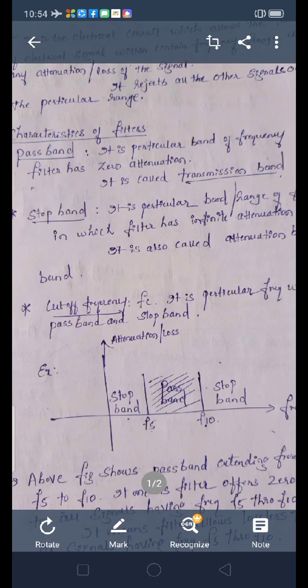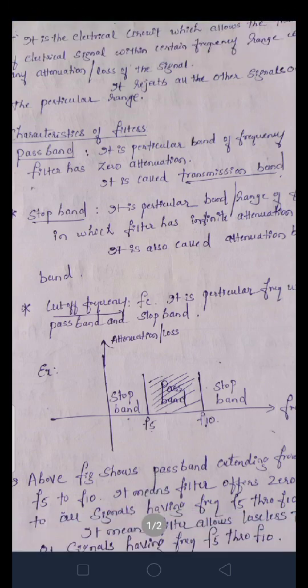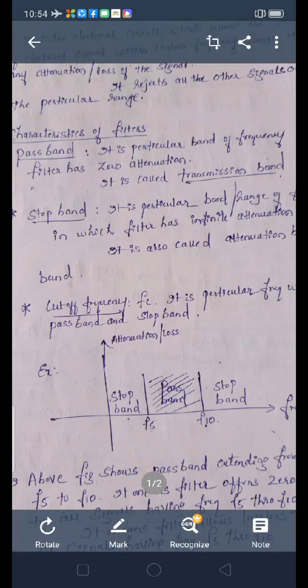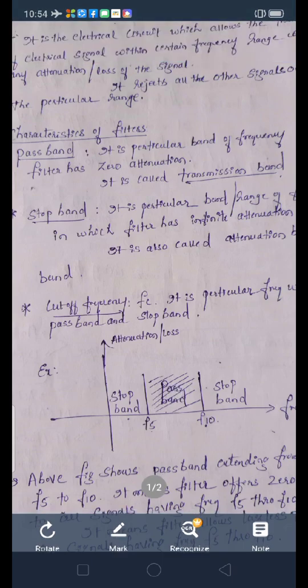There should not be any loss of the signal, means the filter should pass the frequency f5. If there is a frequency f5.5 before f6, that also it should pass. If there is a frequency f9.9, that should also be passed by the filter. So, during this band there should not be any loss of the signal. I want all the signals which are falling in between the frequency f5 to f10. So, the filter should have zero attenuation in this band.